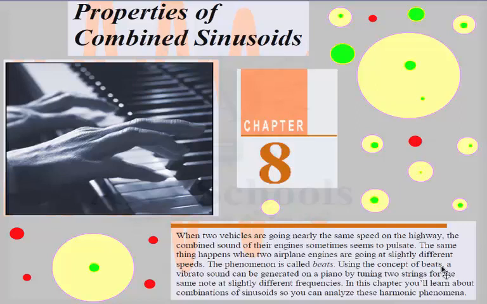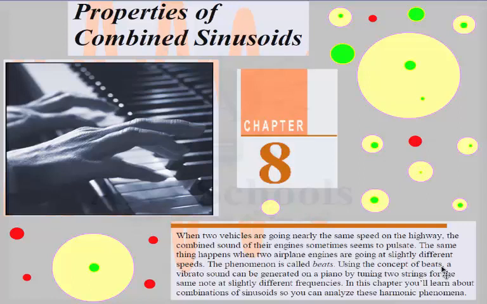Welcome to Chapter 8 of the Pre-Calculus course. Chapter 8 is about the properties of combined sinusoids, meaning that there are two sinusoidal functions combined together and that form the combined sinusoids. So when two vehicles are going nearly the same speed on the highway, the combined sound